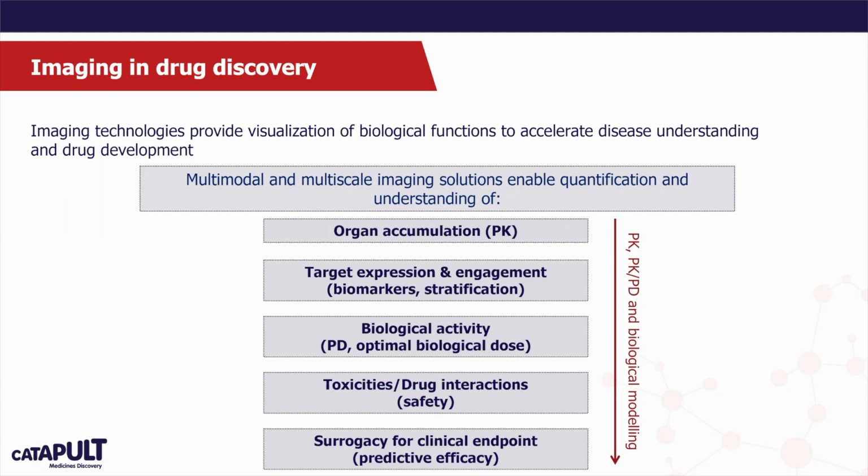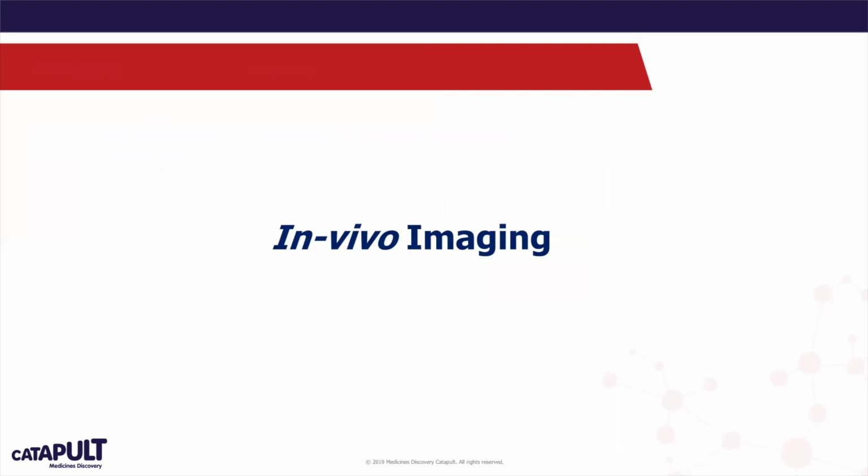Looking at biological activity, so the pharmacodynamics and the optimal biological dose. When we're injecting the drug into the body, is it actually doing anything pathophysiologically? Is it safe to be used? Can we look at toxicities? And also as a surrogate for a clinical endpoint. So are the studies that we're doing preclinically actually characteristic of what we're likely to see in man and for patient benefit? So I'm just going to go through some in vivo imaging examples for you now